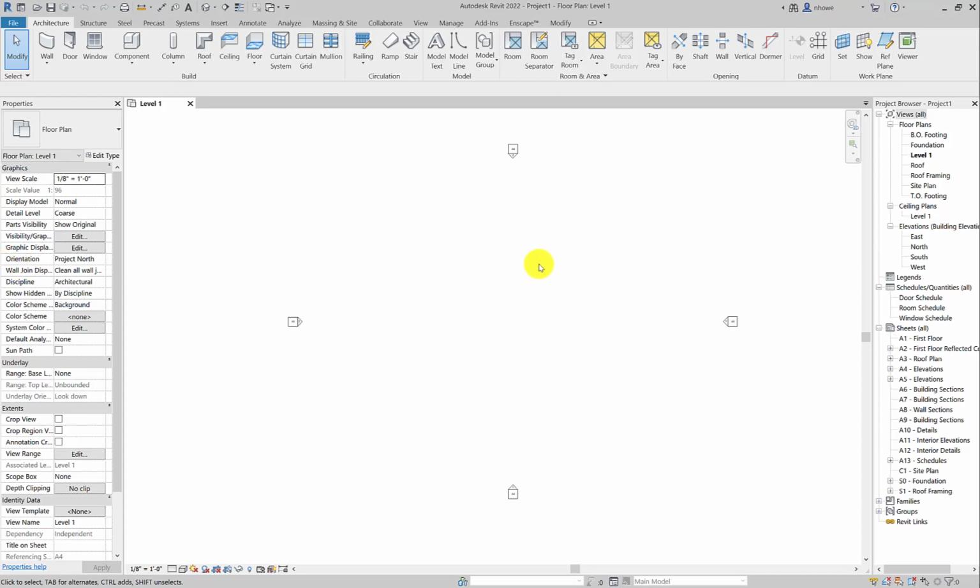Alright, so the next thing that we're going to do is we're going to set up our structural grid. Now this is going to introduce a couple of things. Essentially, since I don't know what project you guys are going to be working on yet, I am going to show you the procedure, and then I will provide you with an image